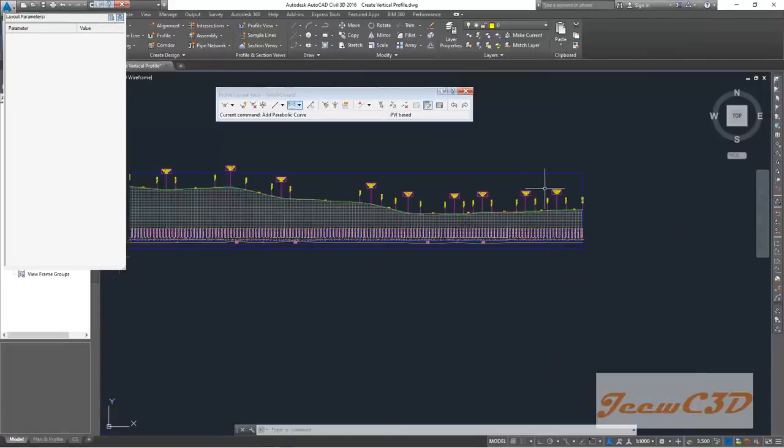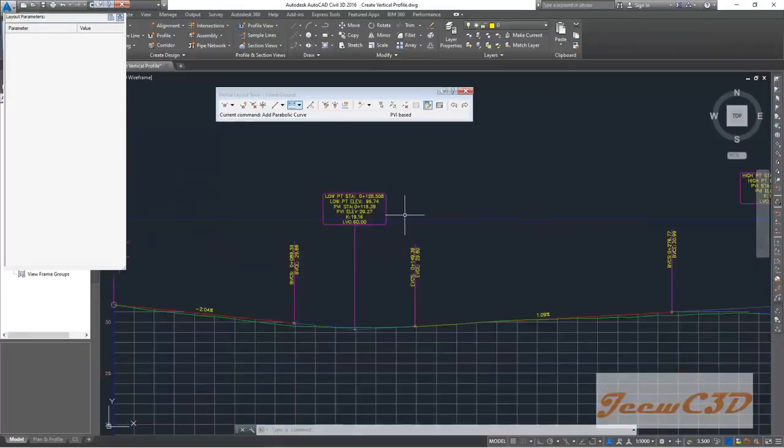So far we have created the profile of the road. So we have checked everything, but